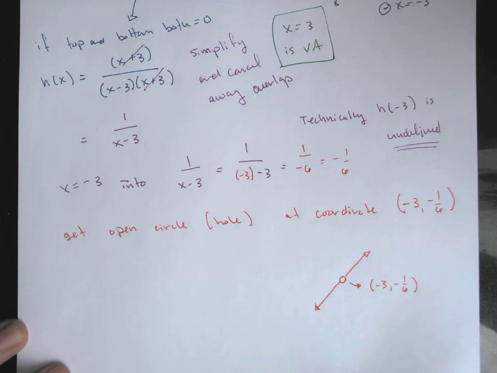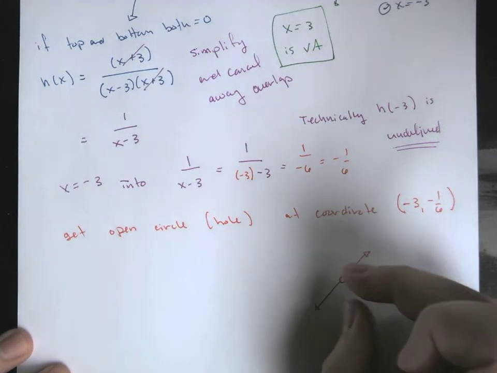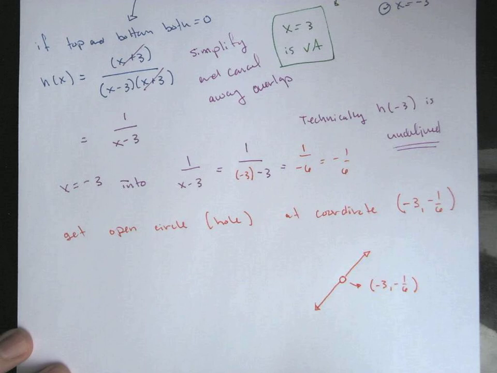Obviously, you're still going to do all this other behavior and graph all these other pieces. But instead of getting a full asymptote and having this catastrophic failure happen where everything shoots off to space, we just have this one little point that's plucked out. So we'll show that with an open circle, and the rest of it will graph according to the